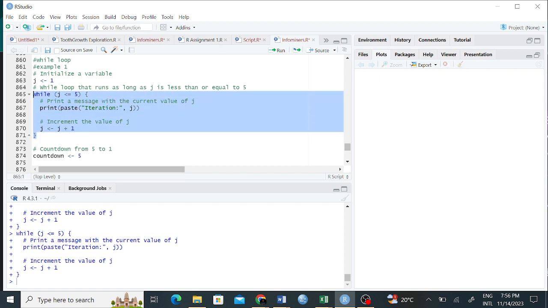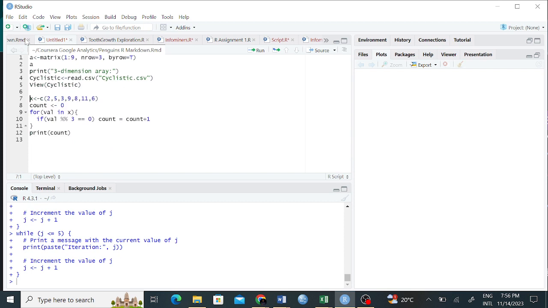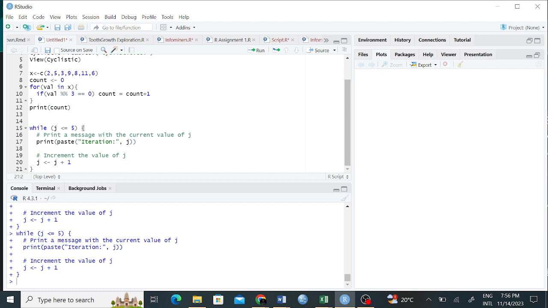Let me copy it and see. Let me try running it here. Because I don't see any issue with it. What could be the issue? Can you try running it on your end and see if it's producing something?